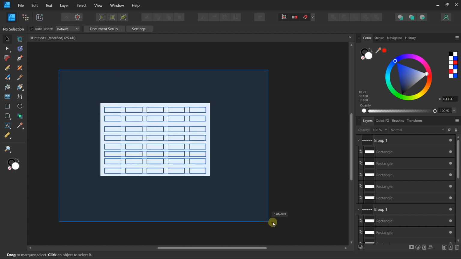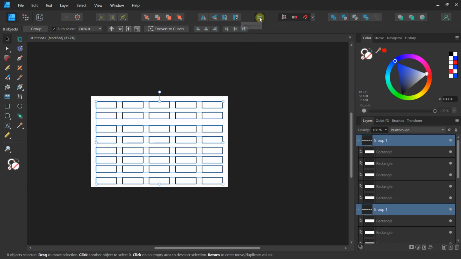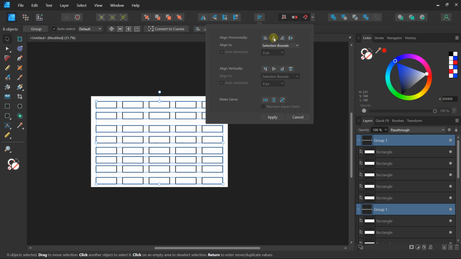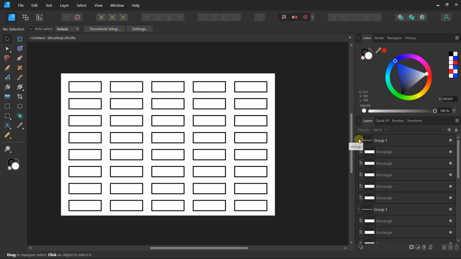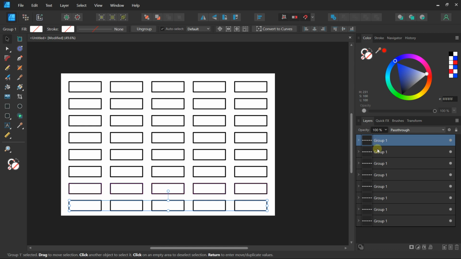So now I have all these different groups. Something that I can do is to select all my groups here, select align center, just like this, and I can define my distribution space vertically. So now if I go on the right, I can have all my groups just like this, and I can change the names. Here it is group 1, here I can change for group number 2, group number 3, group number 4, group number 5, group number 6, group number 7, and group number 8.